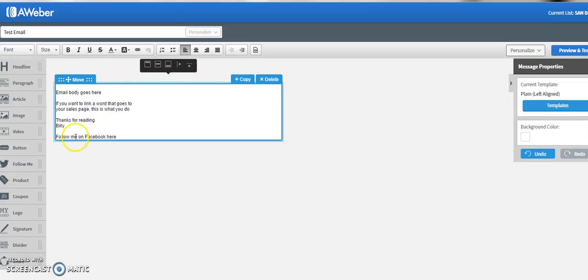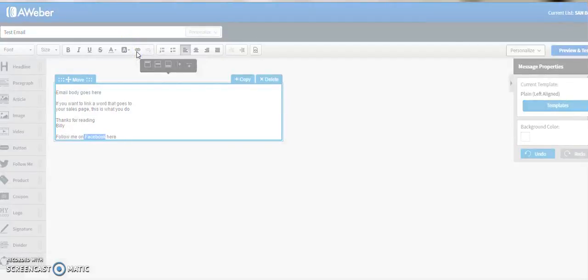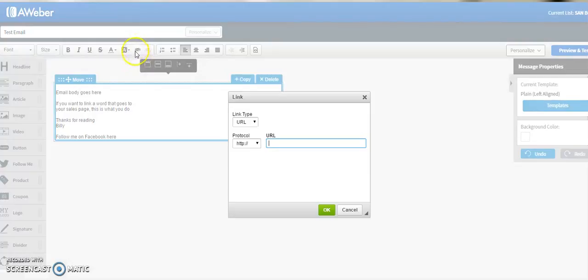So right here, I put "follow me on Facebook." I would highlight Facebook, and I would click on this little link button. If you hover over it, it'll tell you that it's the link. So you want to leave your link type as URL. You don't want to mess with this here. You see where the cursor is, it's telling you to enter the URL. So my Facebook URL is